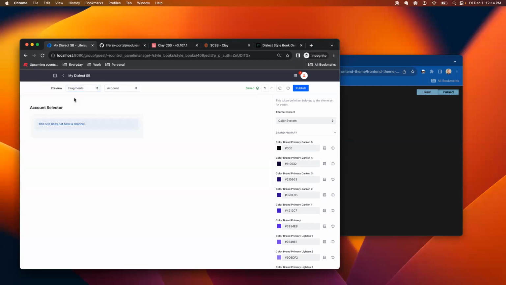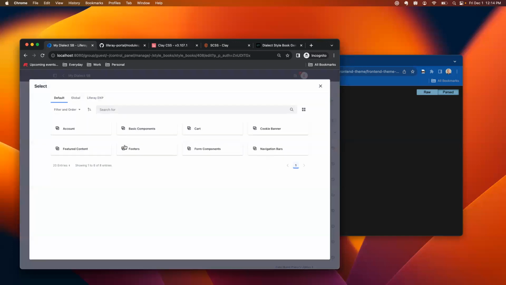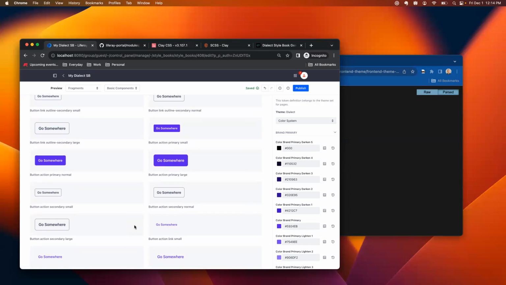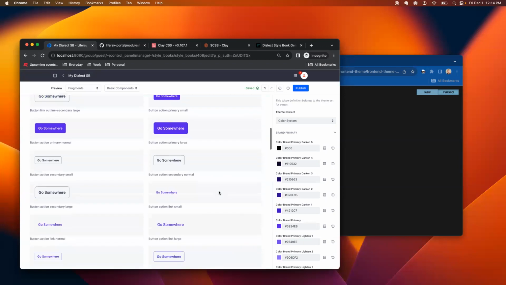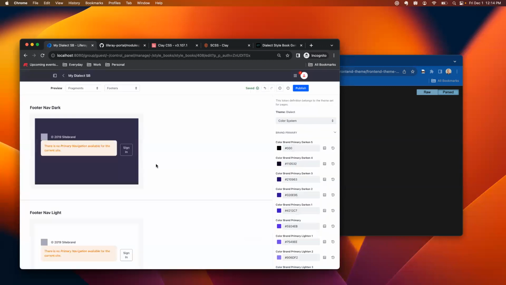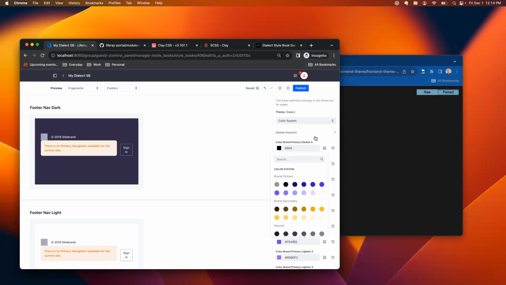We can go to fragments, and I can look down at, say, the back; any of my fragment sets are listed right here. I'm just going to choose the basic components. I can visualize what any of my components would look like based upon the styling changes that I might make. I think there's even footers. And you could see what changes, though some of these changes may not show up. Like, if I change this darken 5, I don't think it's using that one. It might be,